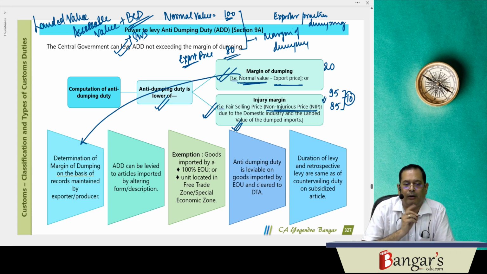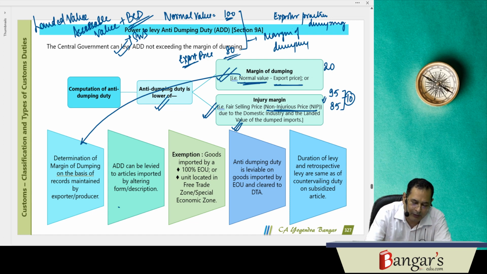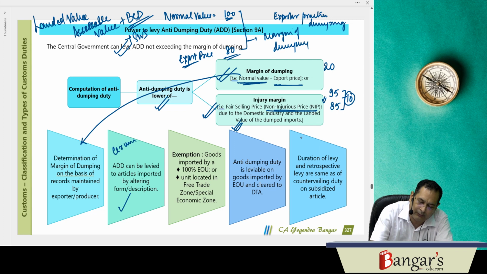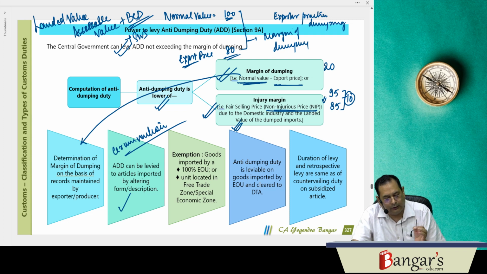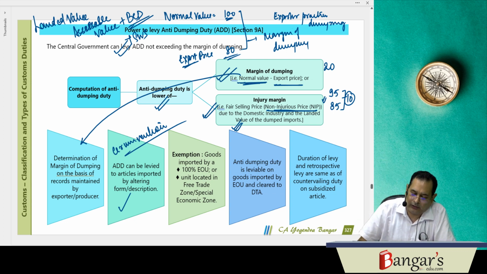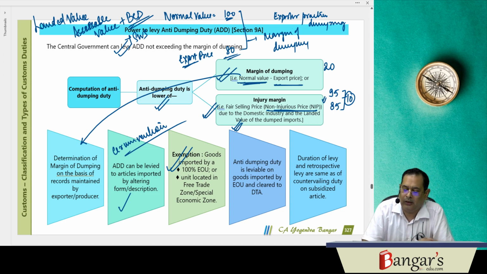The same will be determined on the basis of records which have been maintained by the exporter or producer. And in case the circumvention of anti-dumping duty has taken place, as we have seen in CVD, here also if circumvention of anti-dumping duty has taken place by altering the name, description, etc. of the articles, then in that case anti-dumping duty can be levied on the articles imported by altering the form, description, etc. Besides this, exemption has been provided in respect of the goods which have been imported by a 100% EOU